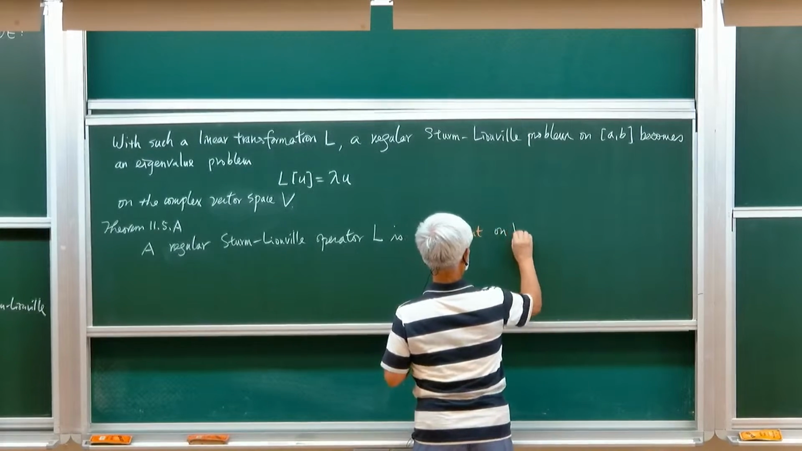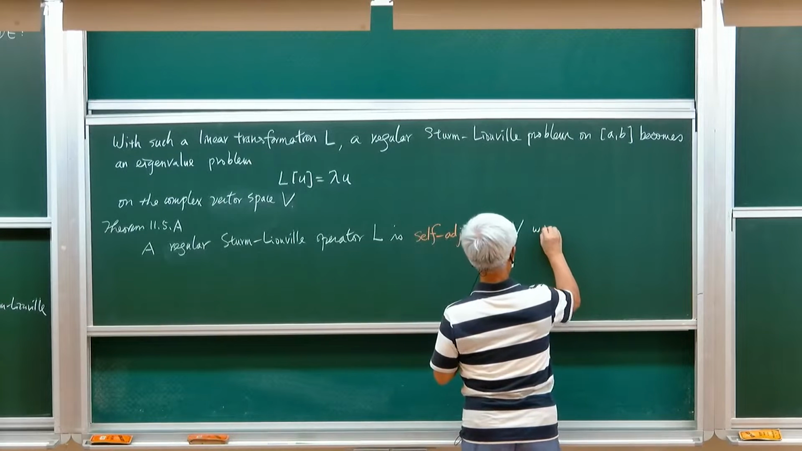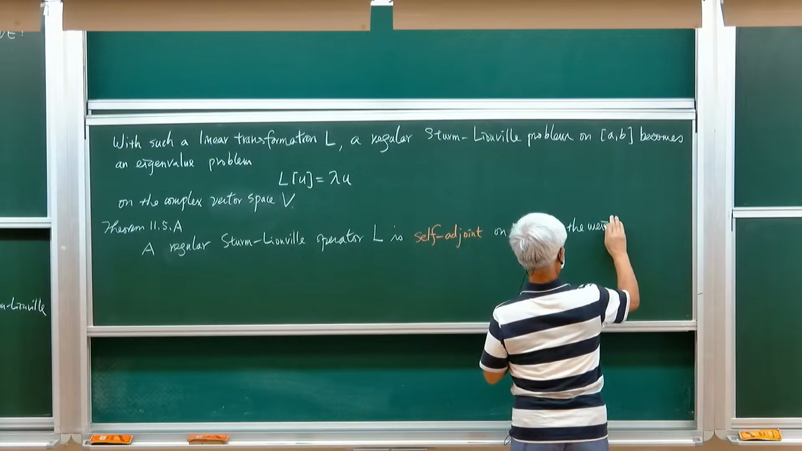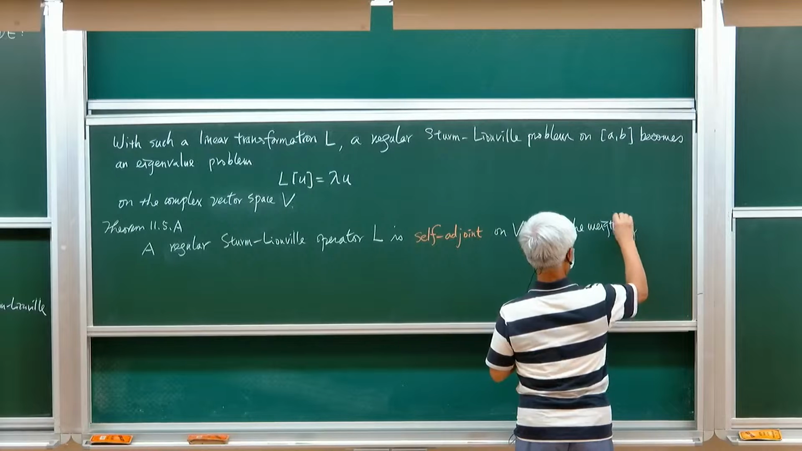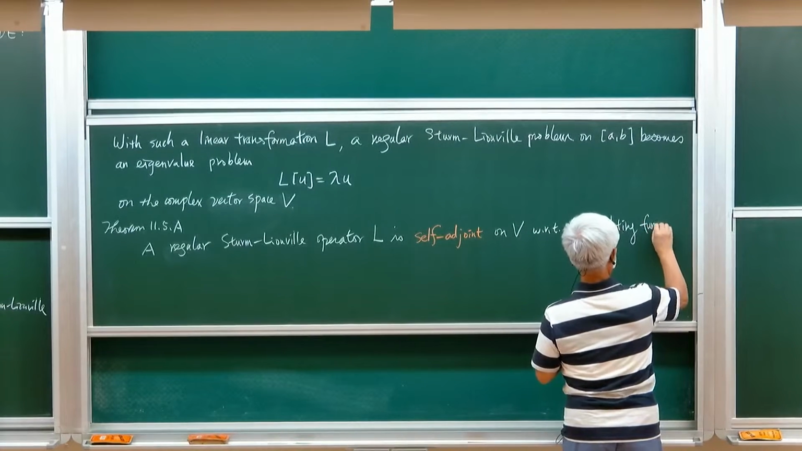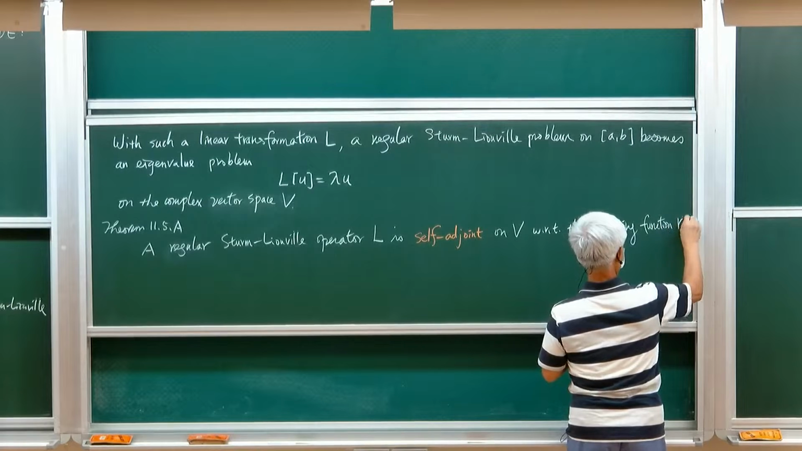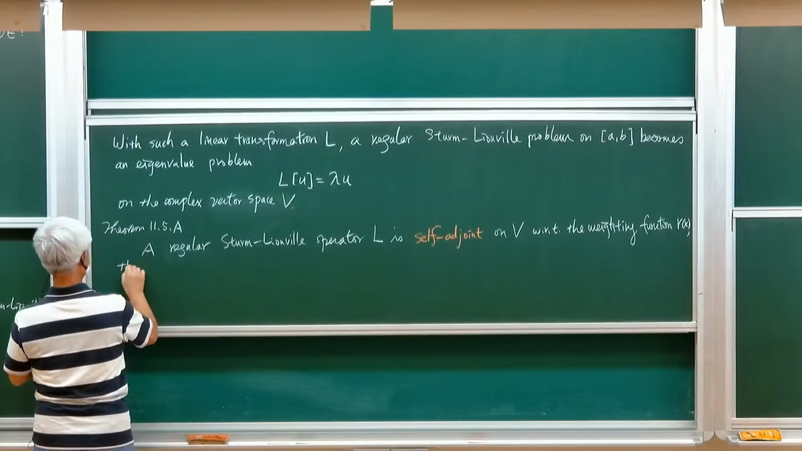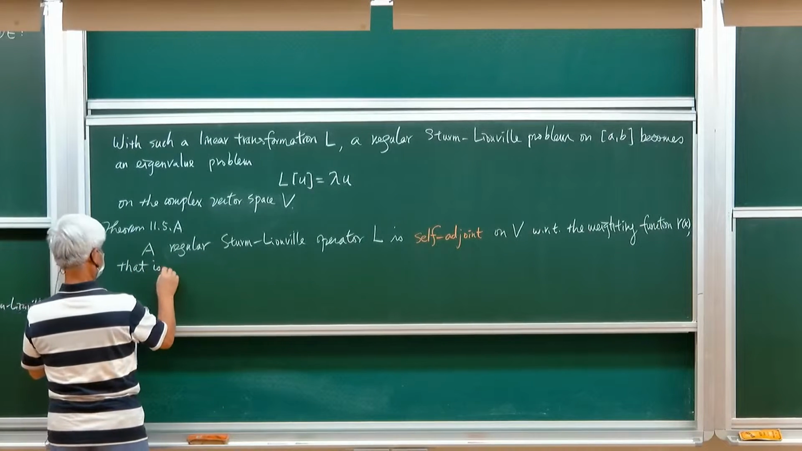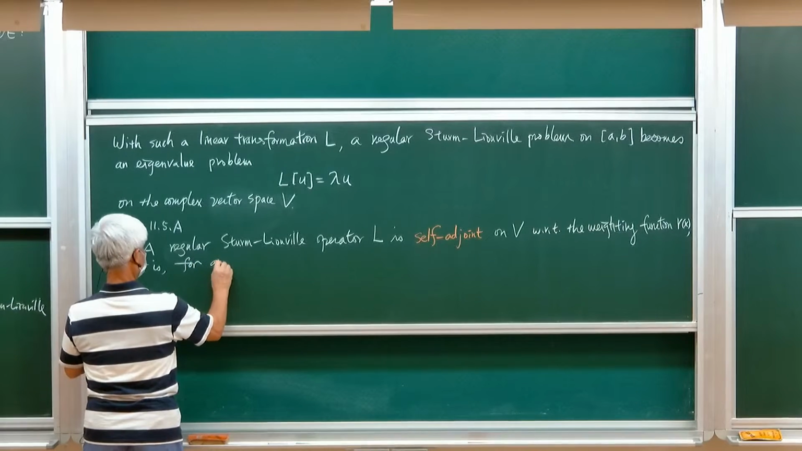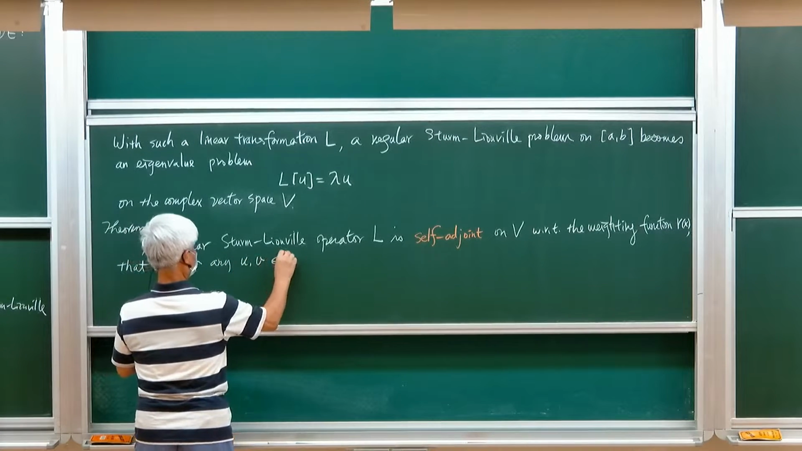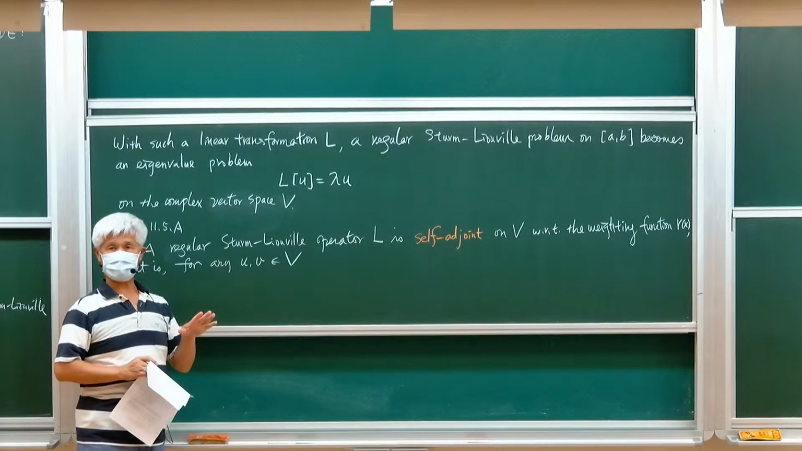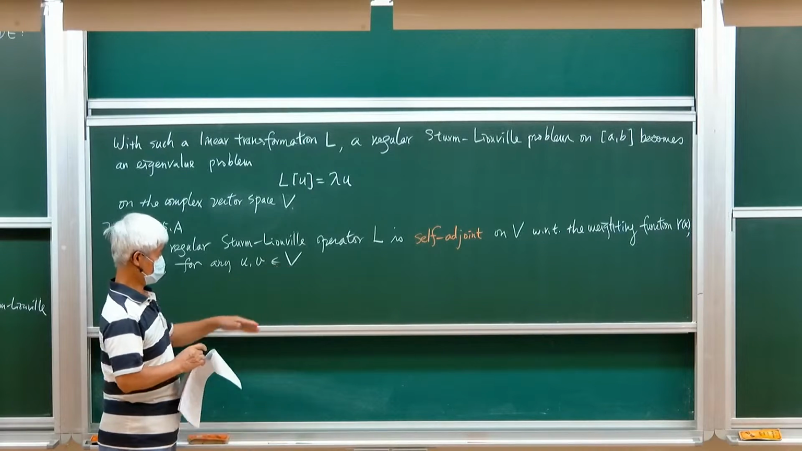On V with respect to the weighting function R of x. All right. So what do we mean by self-adjoint? That is, for any u and v in the vector space, so for any functions u and v in the vector space capital V,